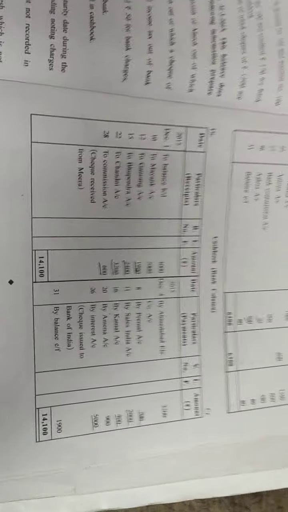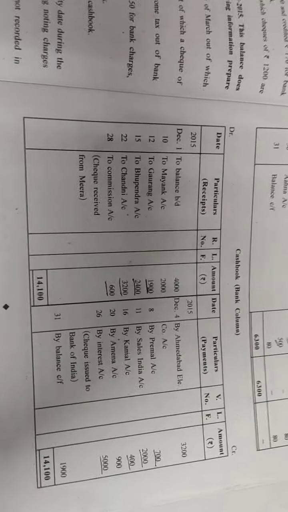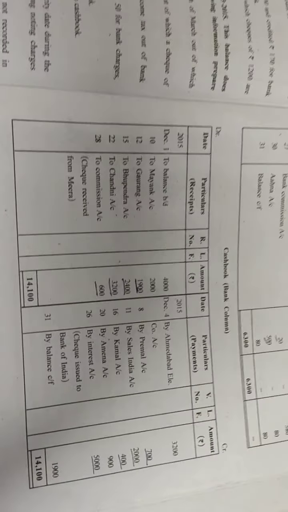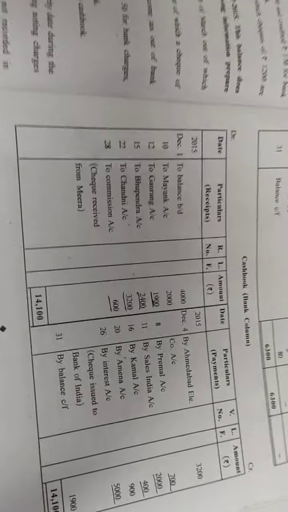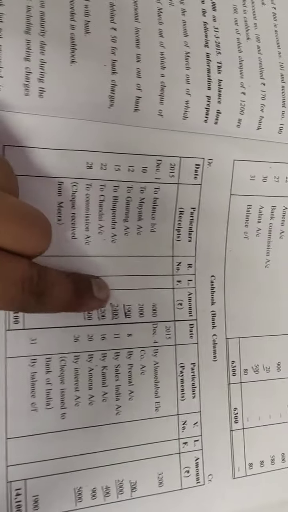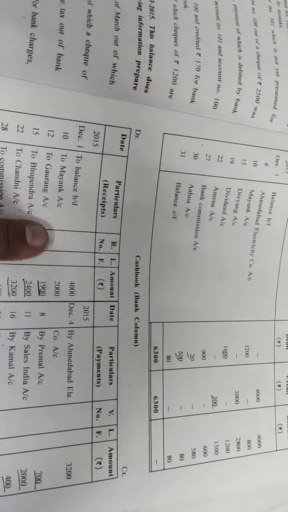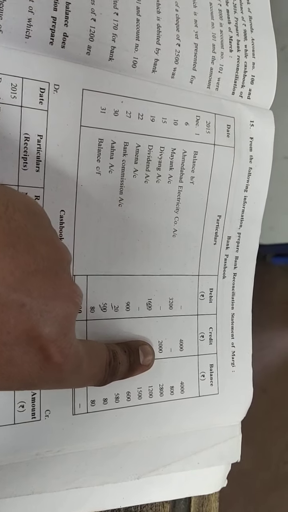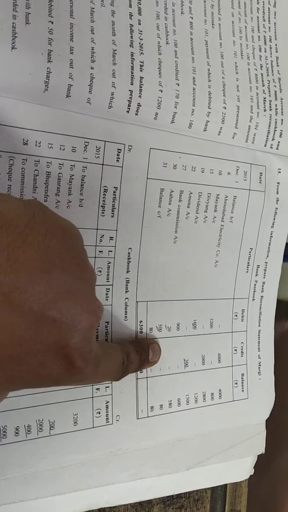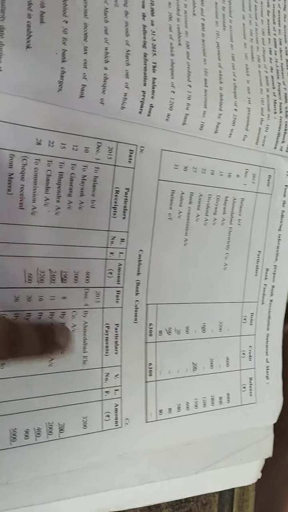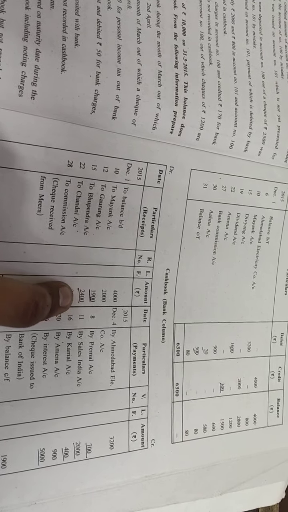Next. Now friends, I'll compare the cash book debit side with the credit side of passbook. Debit side of cash book shows first of all opening balance 4000, which is already there at the credit side of passbook, and then rupees 2000 for Mayank, so Mayank 2000 is also there at the credit side of passbook. Then Gaurang rupees 1900, which is not there at the credit of passbook, so 1900 of Gaurang will be a reason of difference.